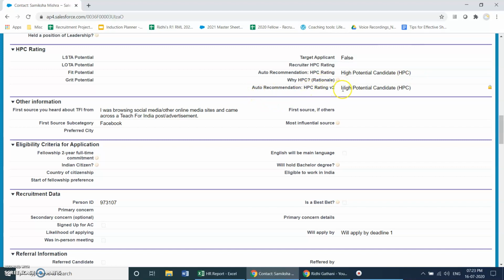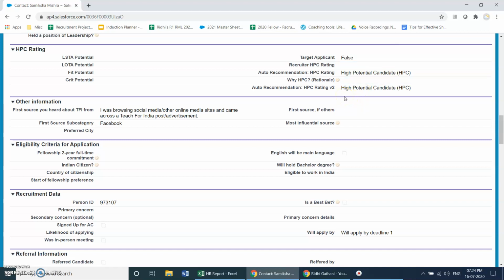We also have a version 2, which is an even stronger filter, and it further filters the auto recommendation into a version 2. So why this is important is it helps us understand while we are calling our candidates, we would prioritize version 2, then prioritize version 1, and then prioritize the candidates who have not been auto recommended by the system.